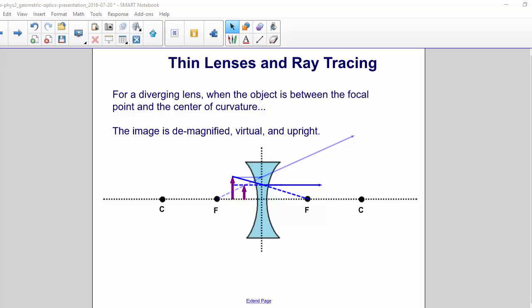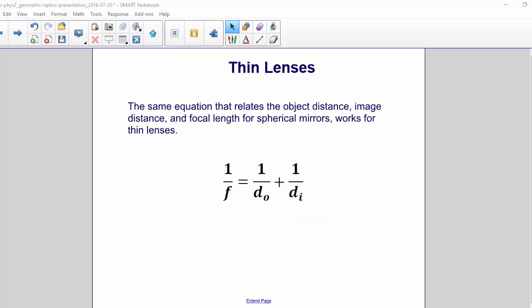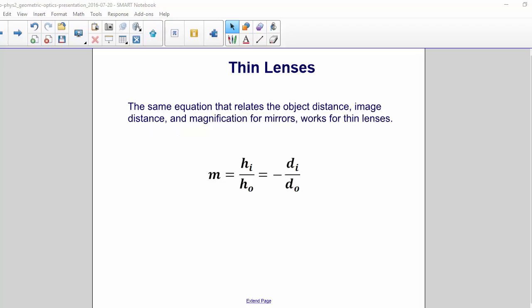So in that case, for a diverging lens, no matter where the object is located, the image will always be demagnified, virtual, and upright. The same equation that we used for mirrors also works with lenses. 1 over f equals 1 over do plus 1 over di, where f is the focal length, do is the distance to the object, and di is the distance to the image. And the same equation that relates the object's distance, image distance, magnification, and heights works for thin lenses as well